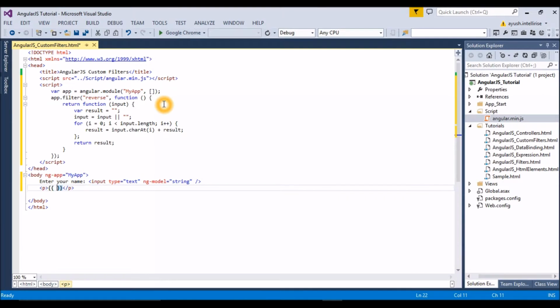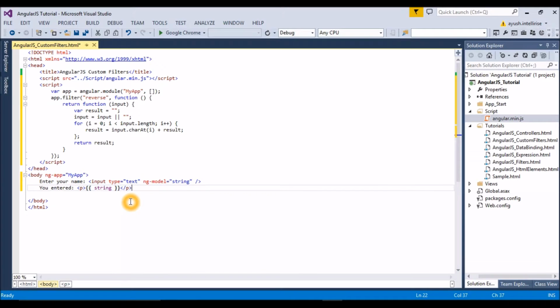And in the paragraph tag I will include the data binding expression inside that string. This is my string which you have entered. Whatever you have entered will be shown over here.